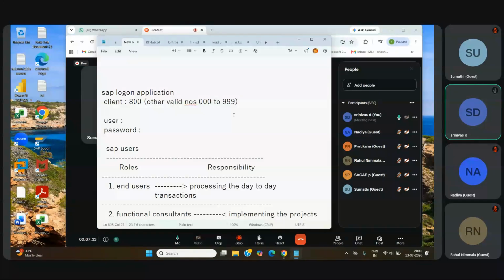Right. So first our job, after the demo, is to check the software. All right. So how to log into the software? Let us see that one. SAP Logon application. So we are going to provide you